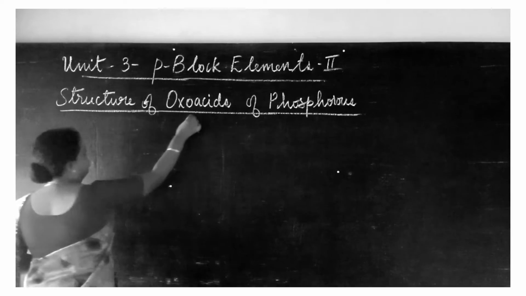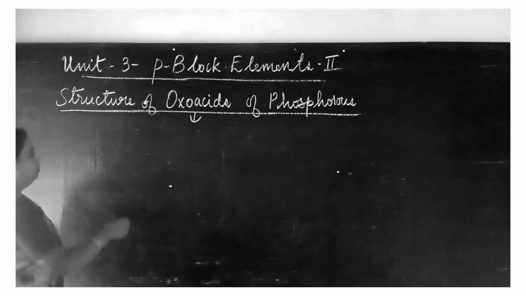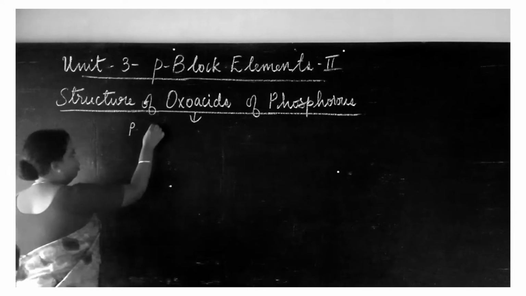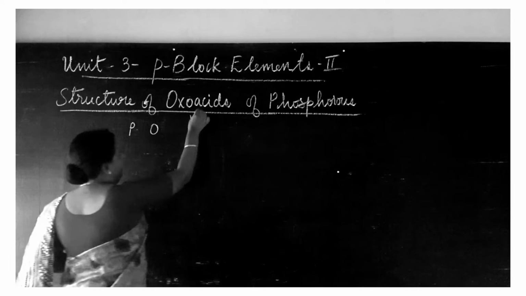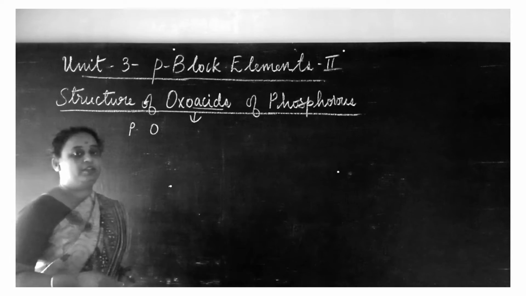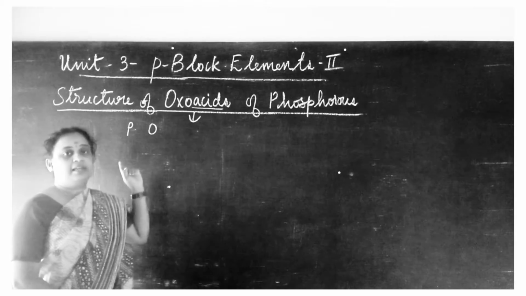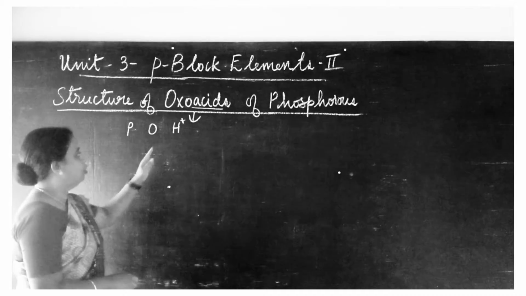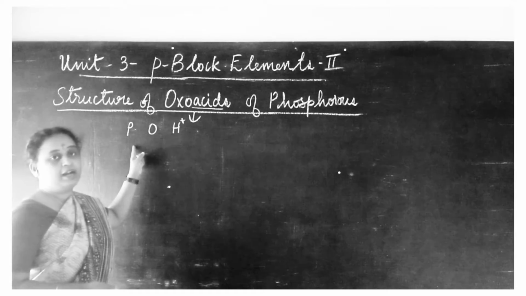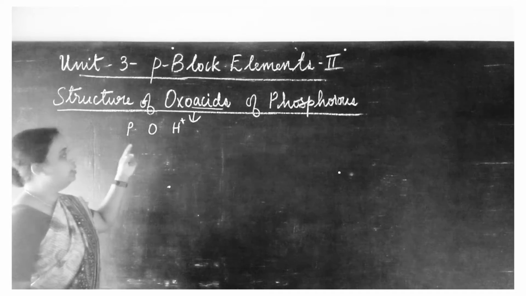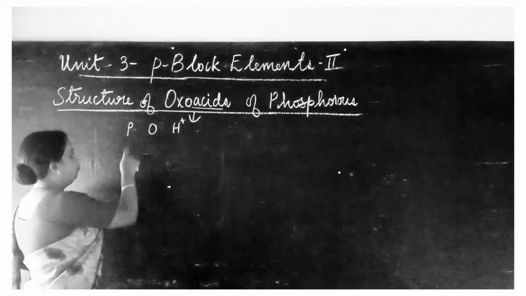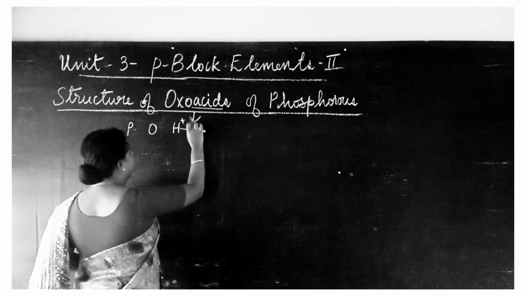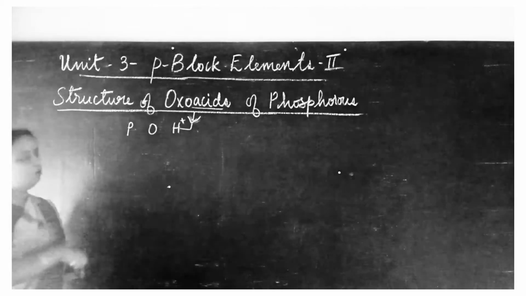What do you mean by oxoacid of phosphorus? Of course, in this oxoacid of phosphorus, phosphorus will be there, oxygen will be there, and acid. But acid means what? It donates a proton. A proton is nothing but your H plus, your hydrogen ion. So this hydrogen in the form of atom is also present in these oxoacids of phosphorus. So likewise, phosphorus, oxygen and hydrogen combine together to form the oxoacids. Got it? Yes?